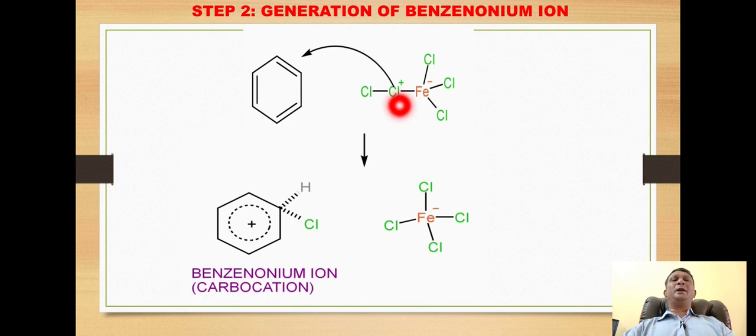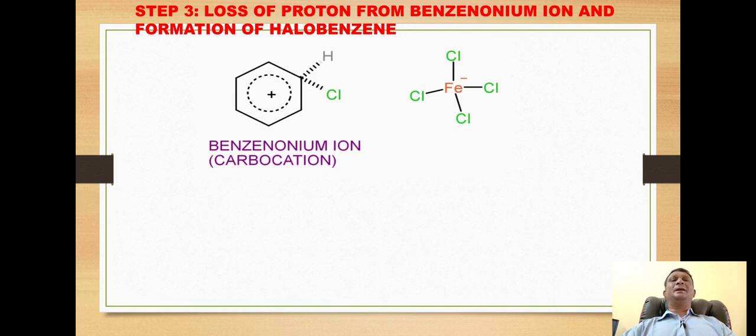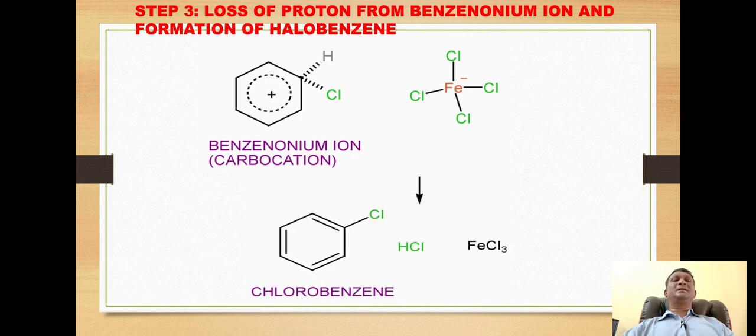During the attack of this halonium ion over the carbon of the benzene ring, the rest of the FeCl4 molecule will be released. The benzenonium ion is quite unstable because there is disturbance in the aromaticity. Hence, to regain the aromaticity, the benzenonium ion will lose a proton, and this proton may react with one of the chlorines of the FeCl4 ion, and thus it forms HCl, the halobenzene, in this case chlorobenzene,